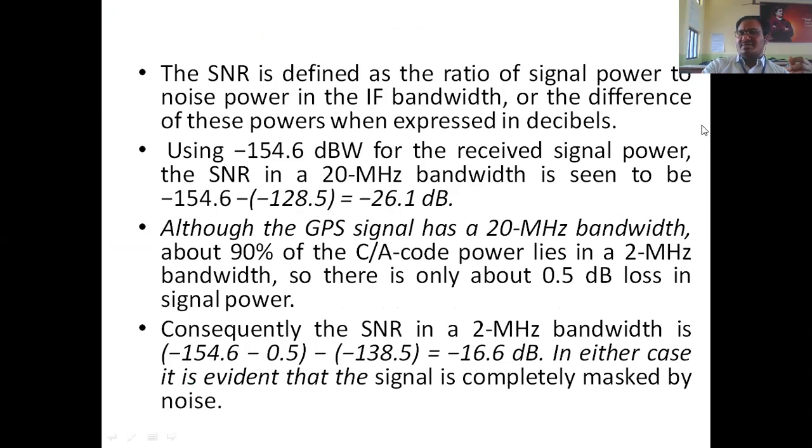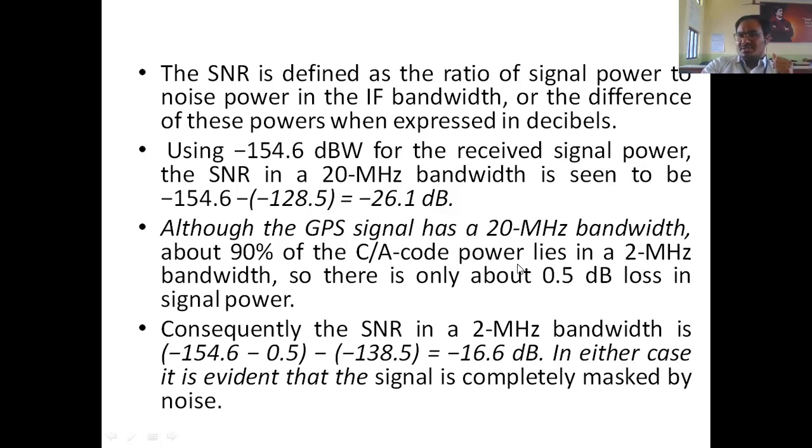Of course, you know SNR is defined as signal power to the noise power ratio. If you are measuring it in decibels, then it is the difference of them. Higher bandwidth power to the lower bandwidth. That is signal power to the noise power. If you are measuring in decibels, we will take the difference. If you are measuring as a ratio, in numerical values, it is the ratio of the signal power to the noise power.